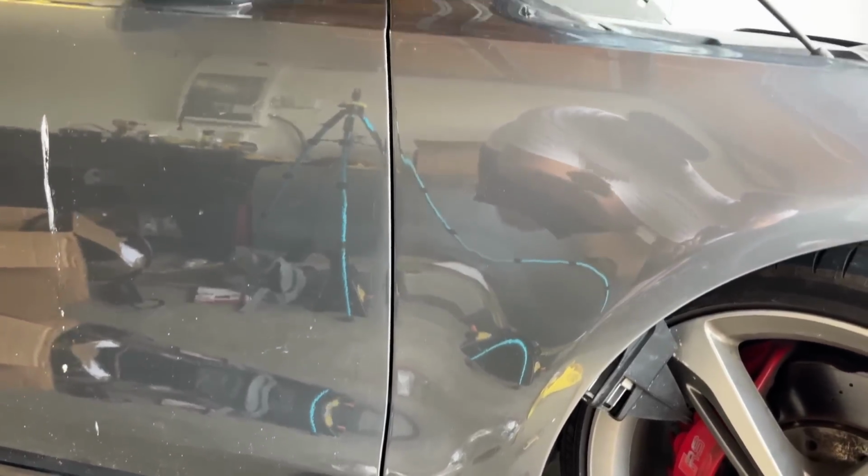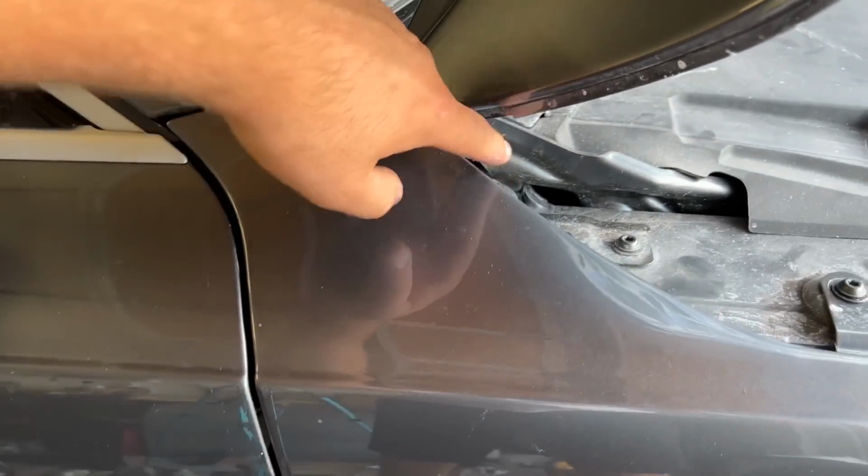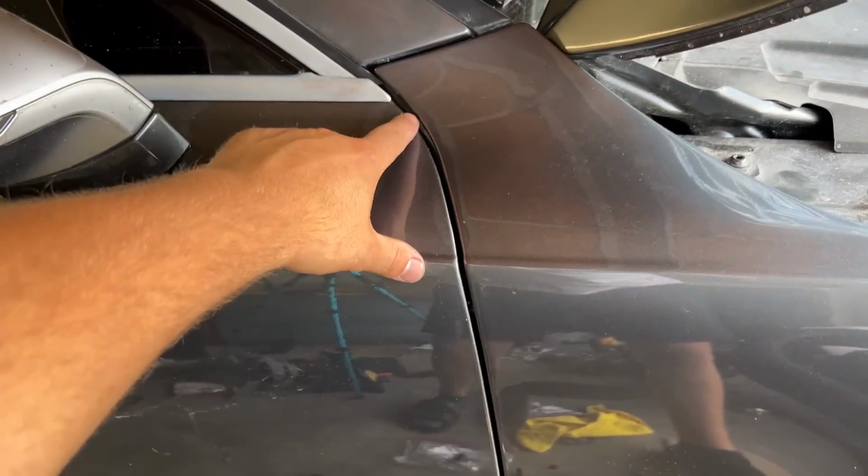Just look at that now. See how much better that gap looks? Right here, we still have a little bit of planing to do. I think I need to move this fender just a little bit back, but we will see this once we